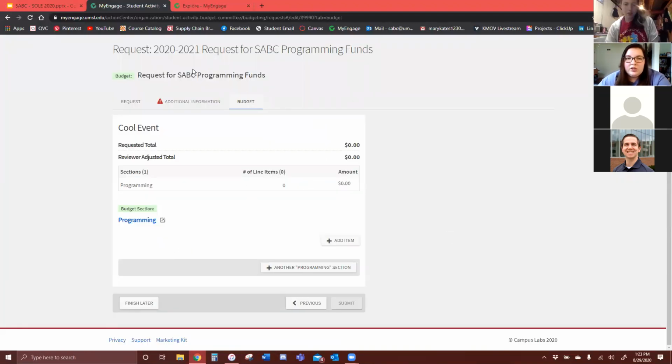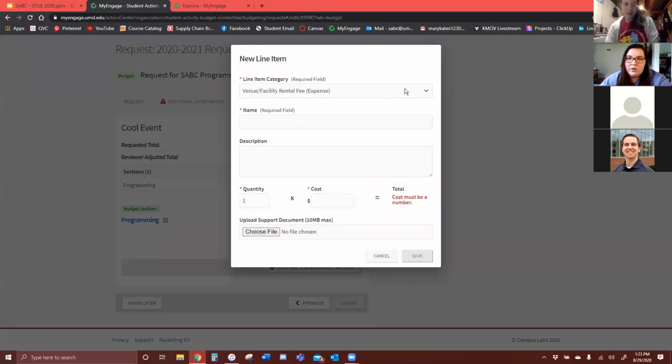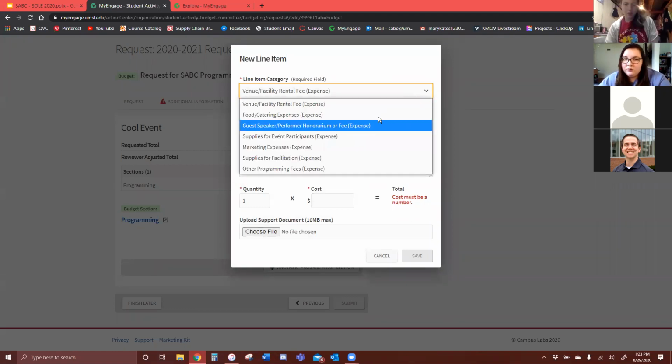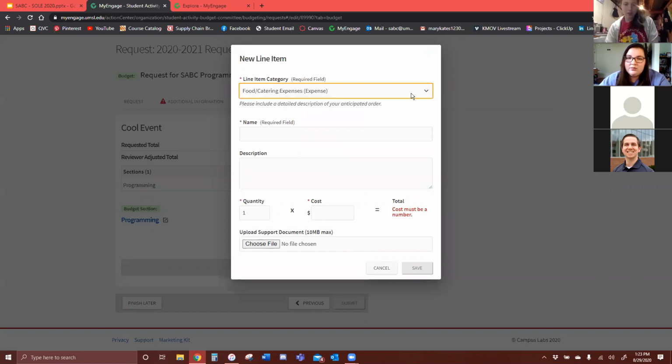And then once you get to this, now this is where it's all at, really. You're just going to be selecting add item here. Don't worry about the add programming section. You probably never need that. But this add item button is like the coolest thing. So this is where you'll be able to input your individual line items if you have like catering expenses,